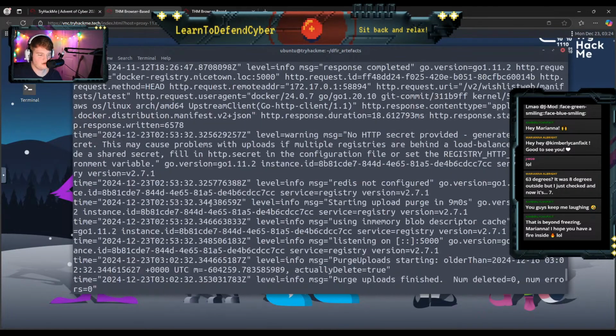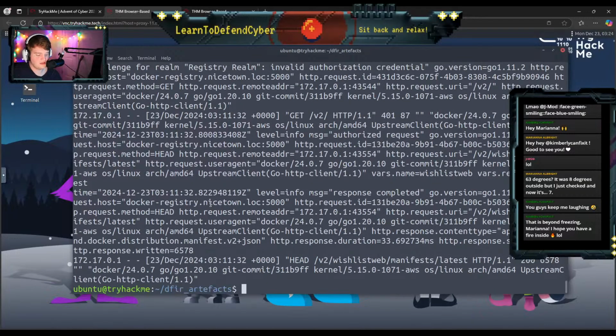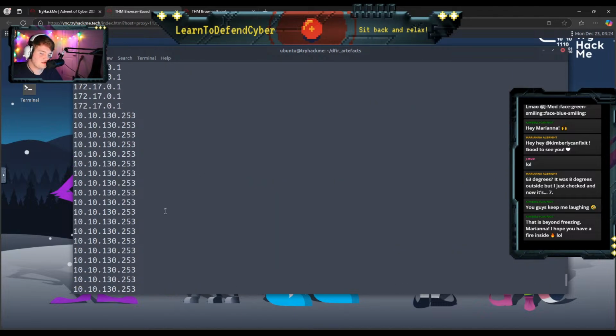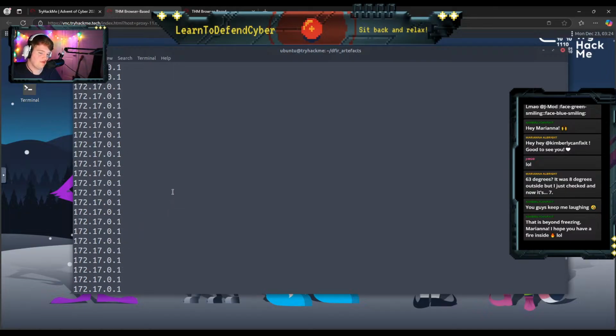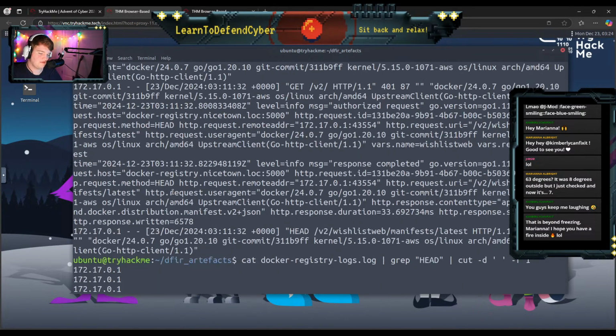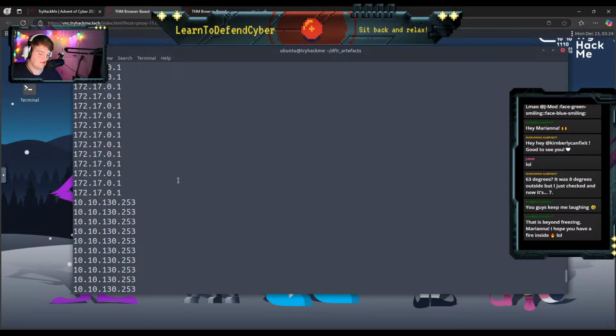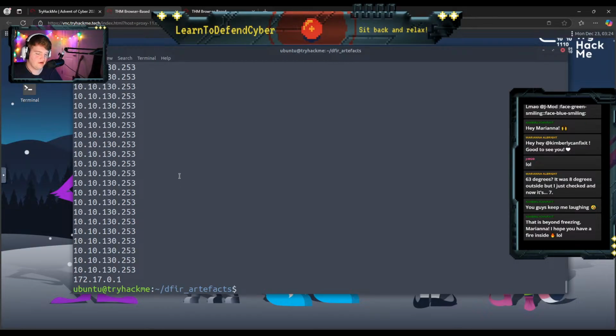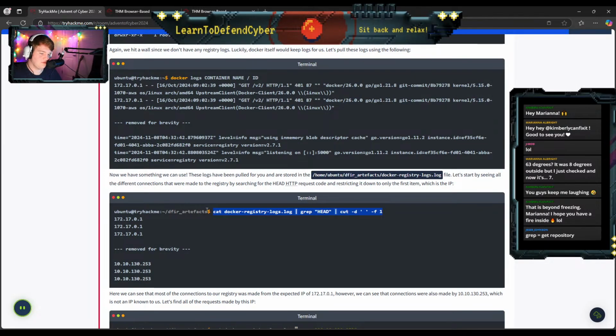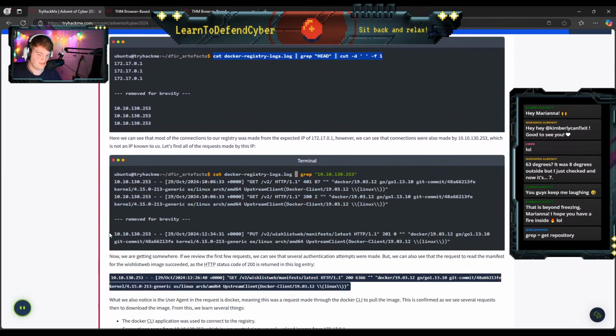Okay, go all the way back down. Cut is just gonna make it to where that's basically our delimiter, right? Control-Shift-V. And we have a bunch of different IP addresses. We have a 172.17.0.1 address that connects a few times. We have a 10.10.132.53 address, and then that 172.17.0.1 comes back. So we only have 2 IP addresses, it just happens multiple times.